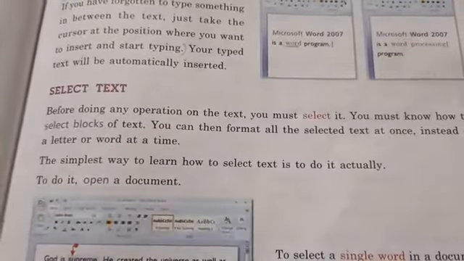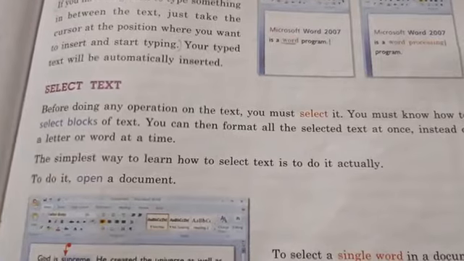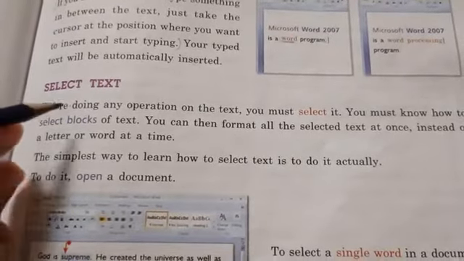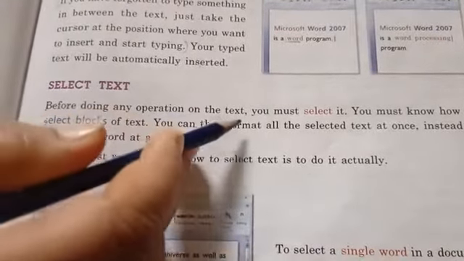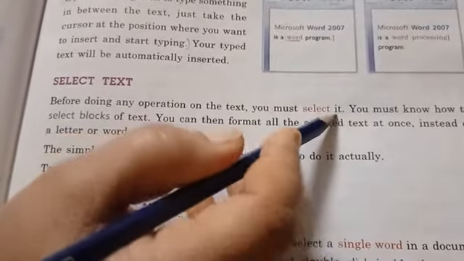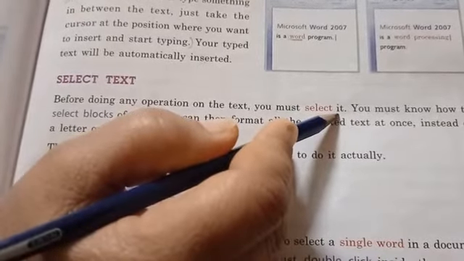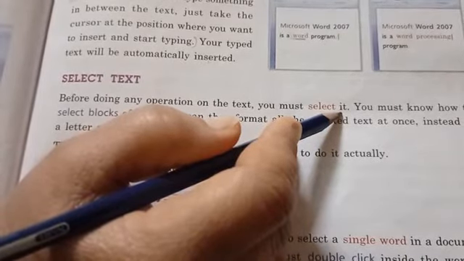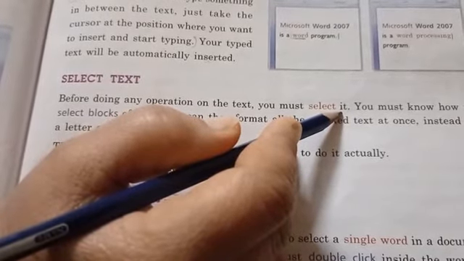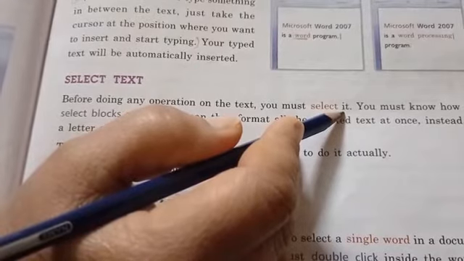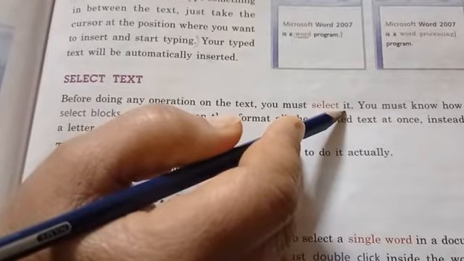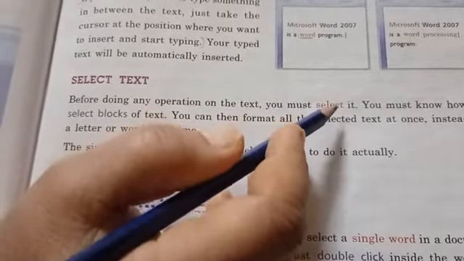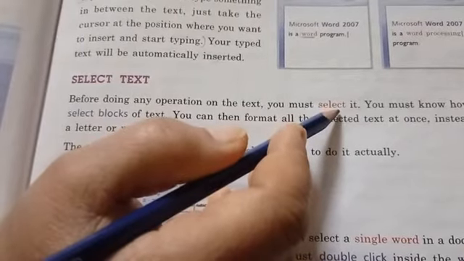Next is select text. Before doing any operation on the text, you must select it. If you want to copy, paste, or cut anything, first you have to select your text.